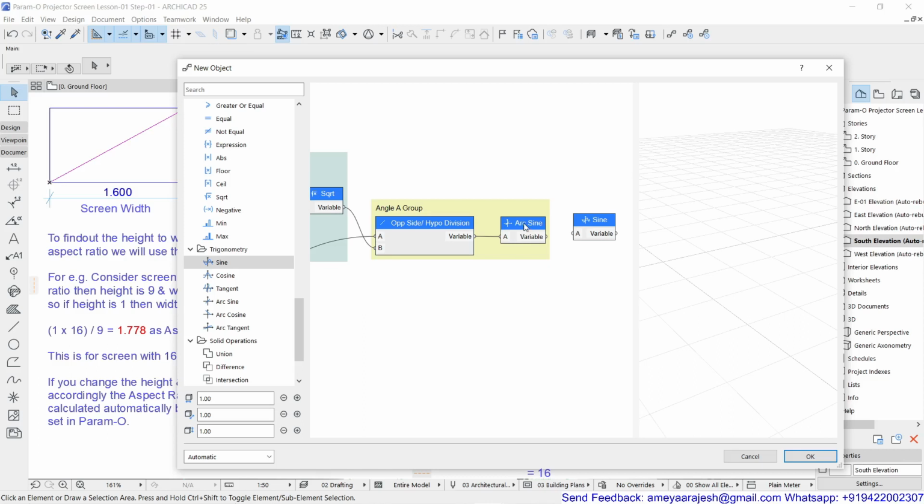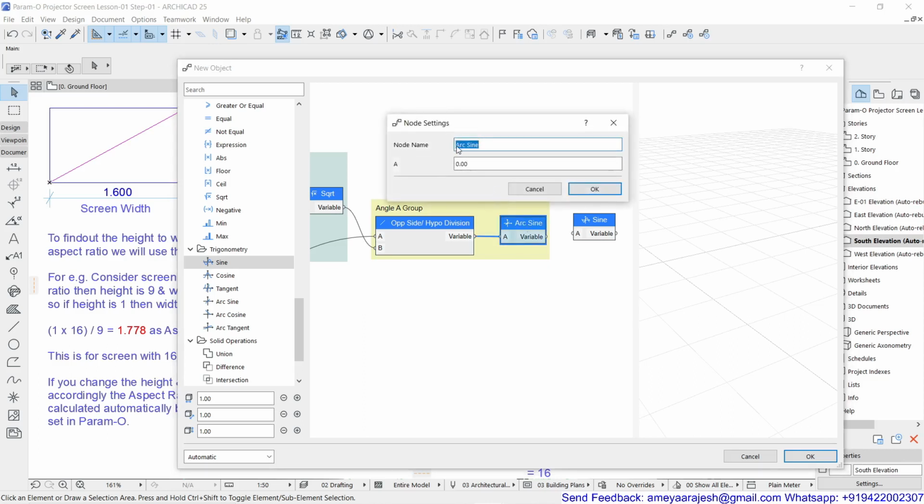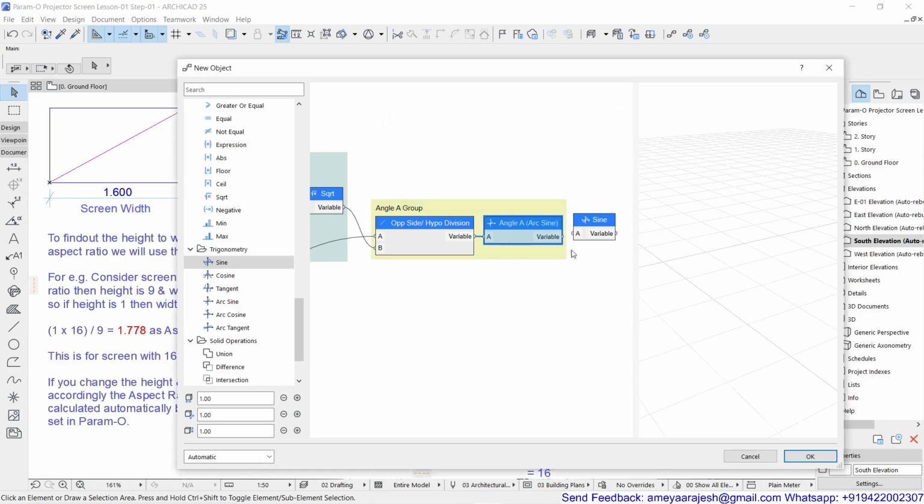If you want, you can rename this as my angle A, and in the bracket, you can maintain the earlier name if you're getting confused for some reason.